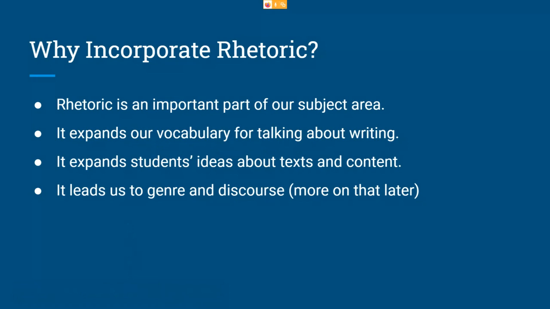And that vocabulary is not complex. It's not a lot of terms. It's relatively modest, but it gives us a lot of opportunities to talk about writing in new ways. It also, and this is something I'll come back to a lot, it expands students' ideas about texts and context,